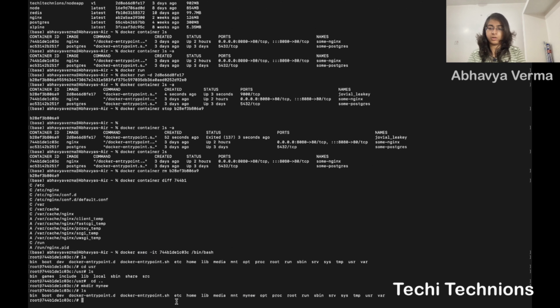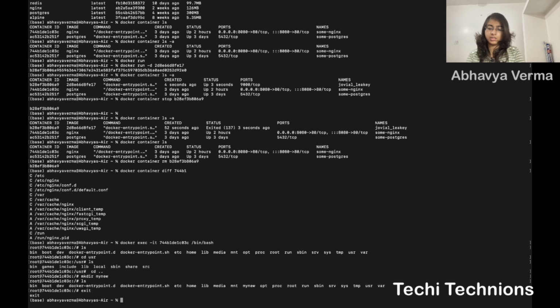Okay, if I want to come out of this, I will type exit, or Ctrl+C or Z will work. So exit made me come out of the container, but these things are not permanent. If the container is running, only then will these changes exist. Once the container is stopped and you start a new container with the same image, it will be brand new. So no changes you did in the previous container will be reflected. Sometimes when you use volumes, you can see that whatever you shared in the volumes is still retained by the container.